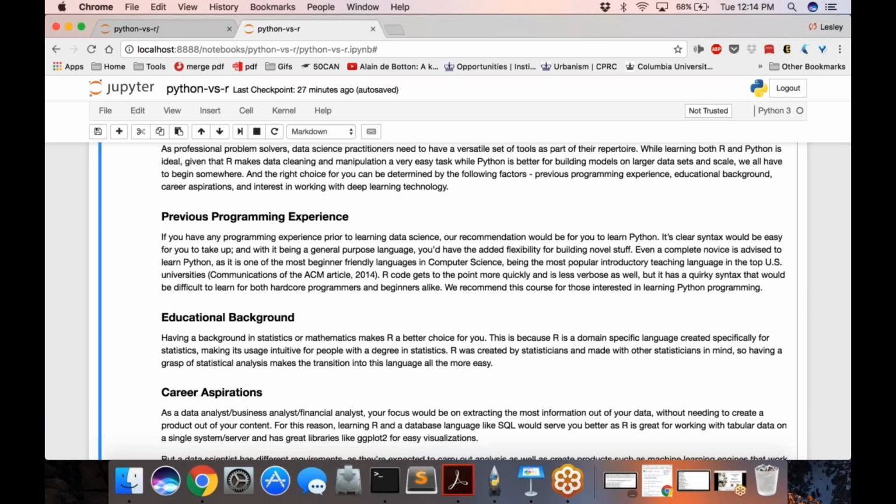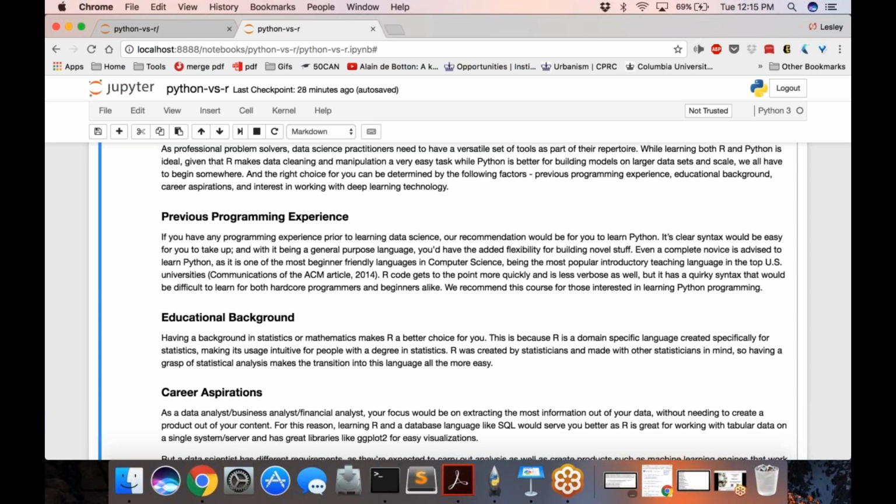So if you have prior programming experience, then Python or R is fine to learn, but I would still recommend Python. Again, this has to do with the readability of the language and how general purpose it is. It's a very flexible programming language, unlike R, which is really very domain specific. R is not impossible to learn, but I think learning Python is much easier and more user-friendly.